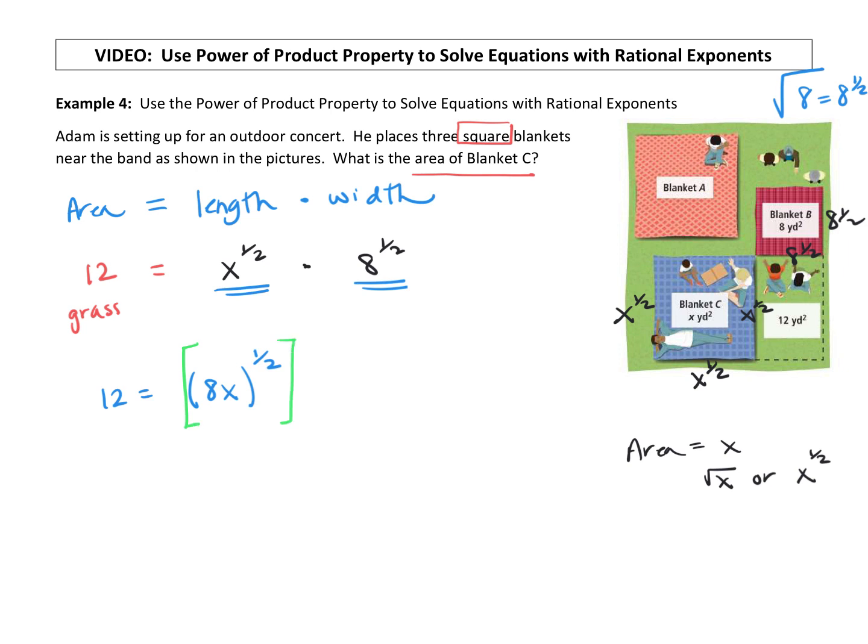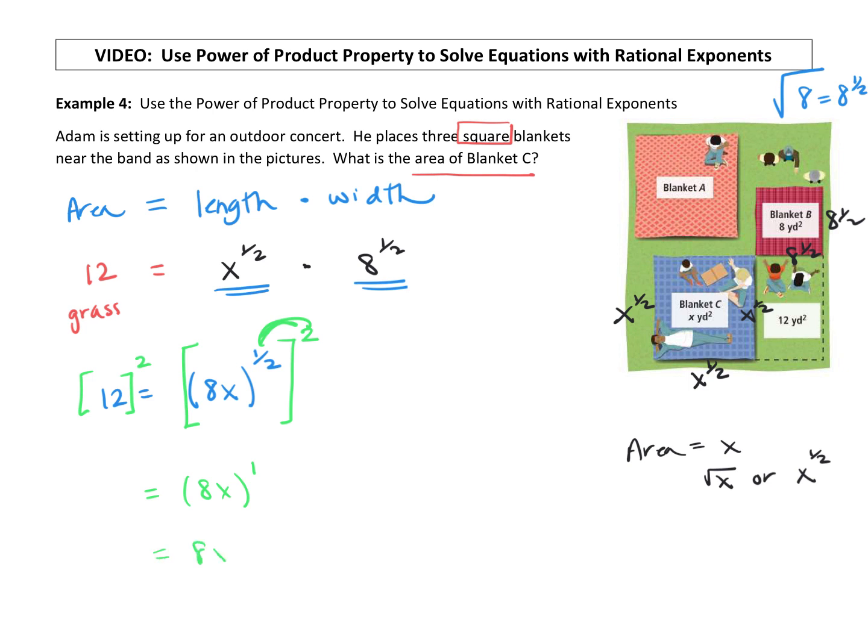If I raise this side to the 2nd power, which means make sure I do that to the other side also, then we've got our power of a power property that we can use where we multiply these exponents right here. So I'm just going to carry down 8x. Now 1/2 times 2 is 1. And 8x raised to the 1st power